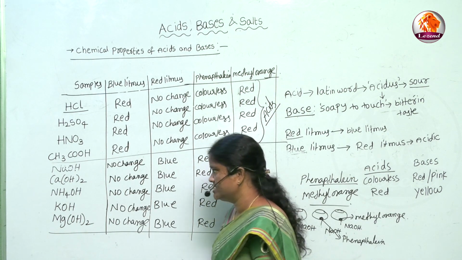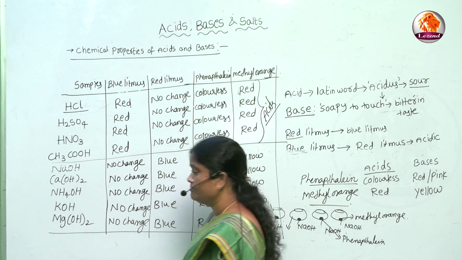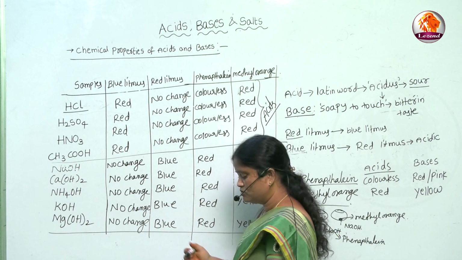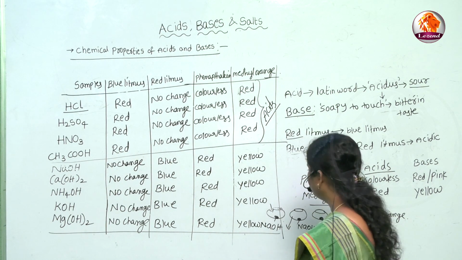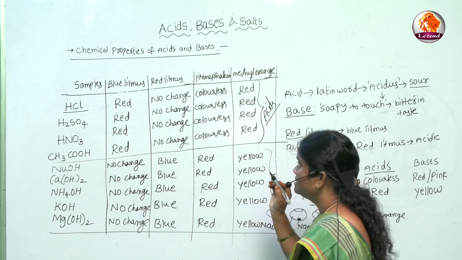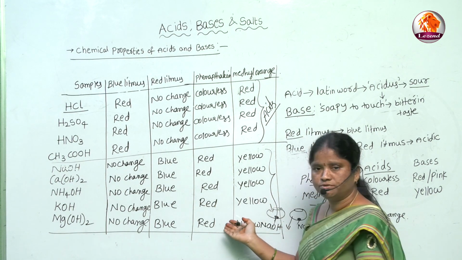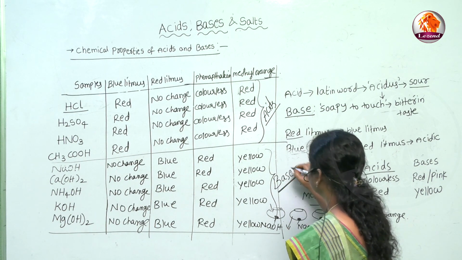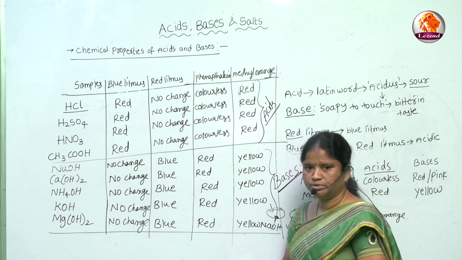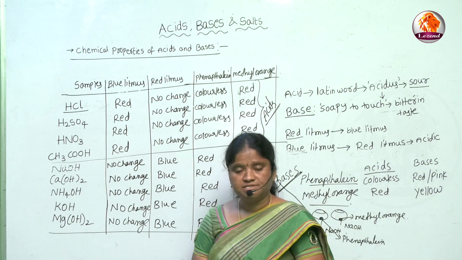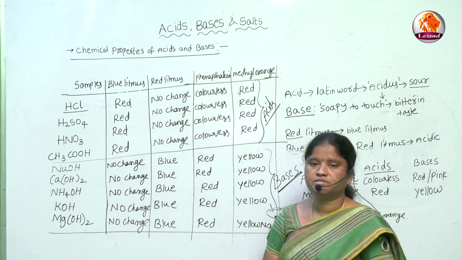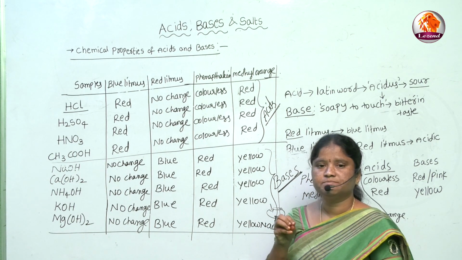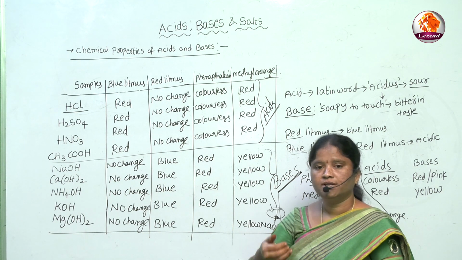From here onwards, if we observe in this activity, sodium hydroxide, calcium hydroxide, ammonium hydroxide, potassium hydroxide, magnesium hydroxide, these are the substances which in the presence of indicators change the colors. Okay, so according to these changes, red litmus turns into blue, phenolphthalein becomes red, methyl orange turns into yellow. So for all these solutions, what do we confirm here? Bases. So what can we conclude from this table? We can conclude that acids and bases change the color in the presence of indicators. So that change in color will indicate to us the nature of the substance, whether it is acidic in nature or basic in nature.